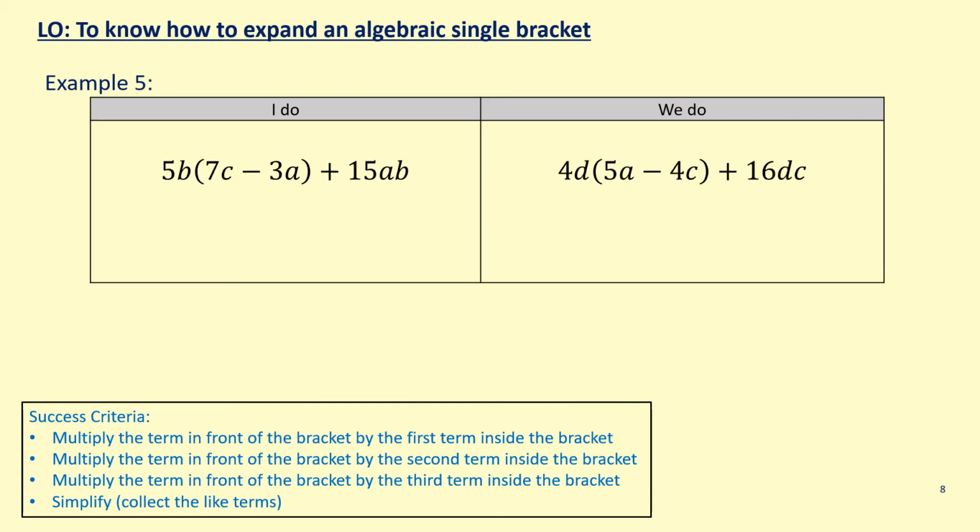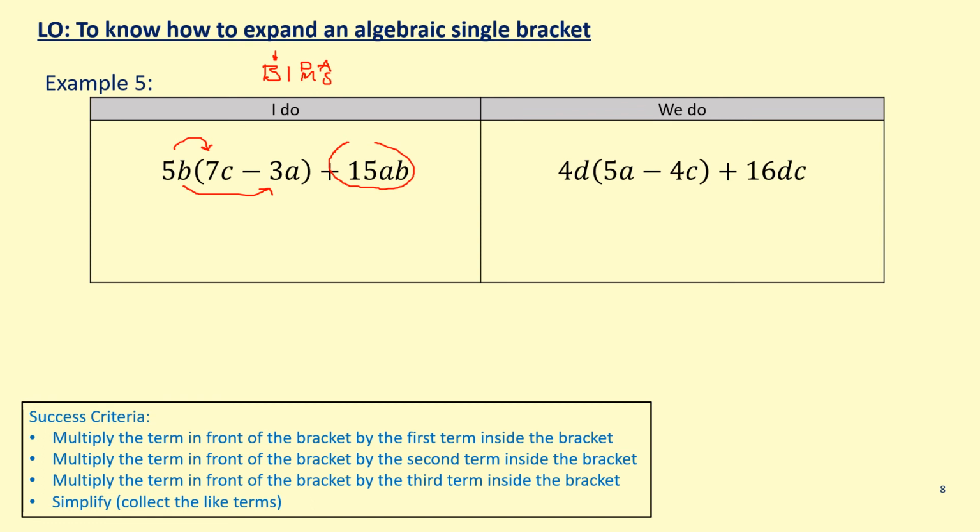So now we've just got, I think, one more set of examples. So for this I do, we're going to do 5b times 7c and then 5b times minus 3a. We're going to do that first before we do anything with this term here, because we've got to remember BIDMAS. So we have brackets, indices, division, multiplication, addition, subtraction. And brackets come first before anything else when you're doing orders of